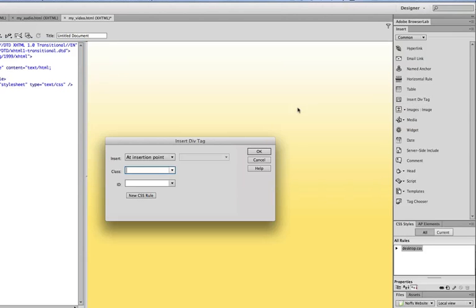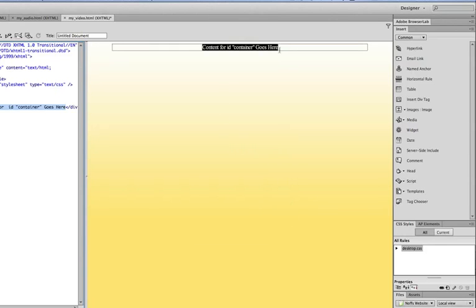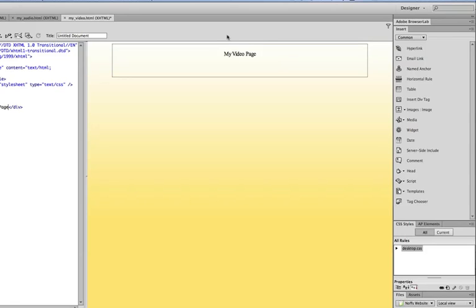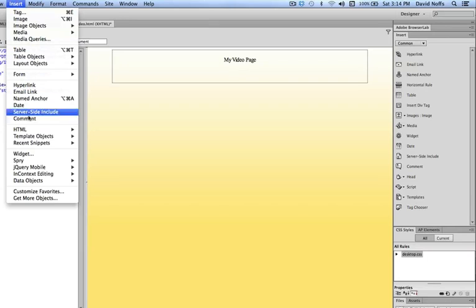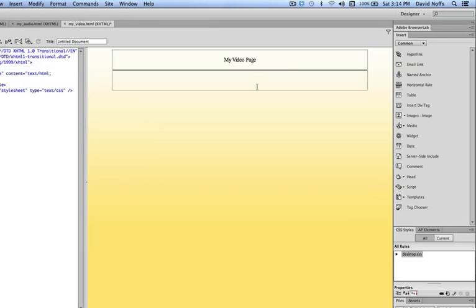div tag. It's going to be an ID again, so I'm going to pop in the container just like we did on the other page. Careful to name it the right thing, container. Click OK. And I'm going to replace this with my video page. Hit return, insert a horizontal rule, highlight this,